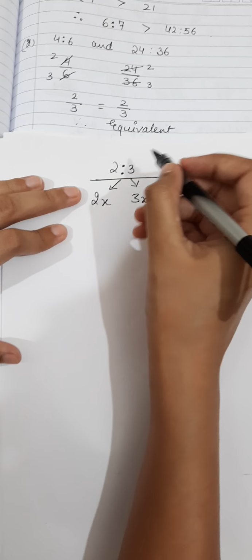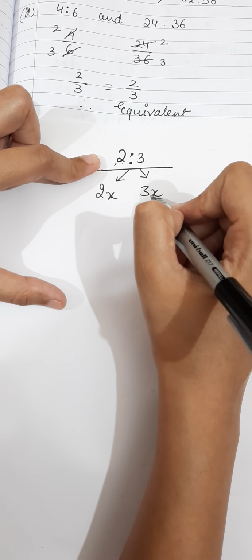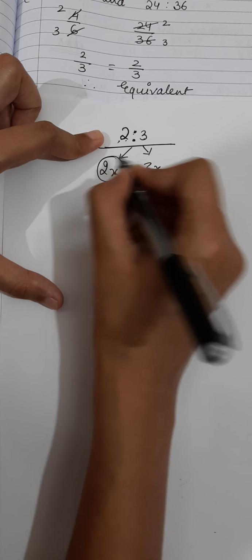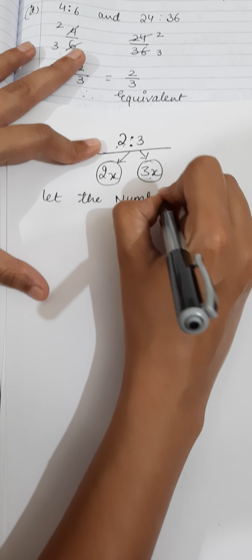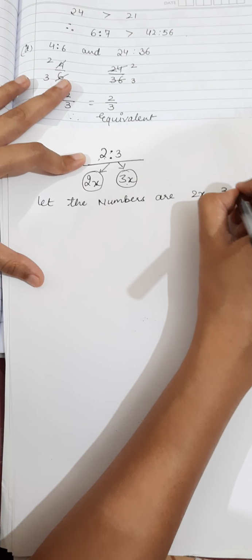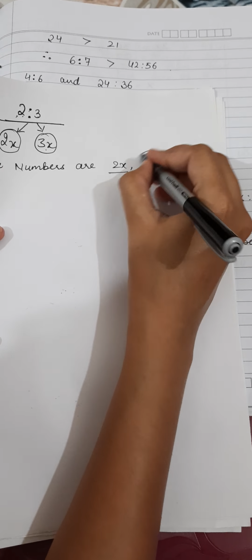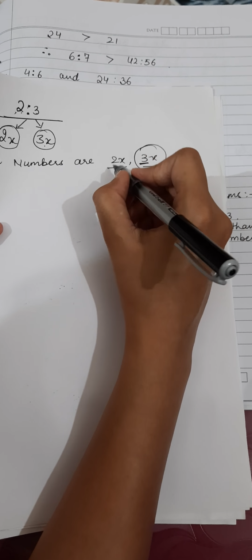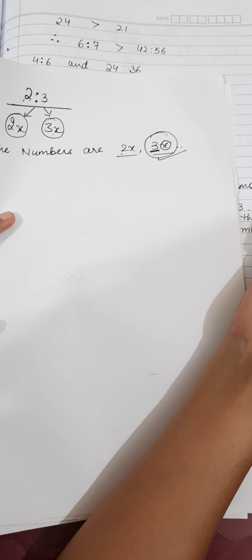Okay, what I have done is I have changed the ratio, then how I have removed the ratio sign? This ratio I have removed by adding x with this 2 and then x with this 3. So the two numbers have become 2x and 3x. So I am going to write, let the numbers be 2x, 3x. Okay. Now let us see the larger number. Now out of 2x and 3x, which one is going to be the larger number? 3x, because 3 is greater than 2, and this number is going to be the multiple of 3. So obviously this number is going to be the larger number.